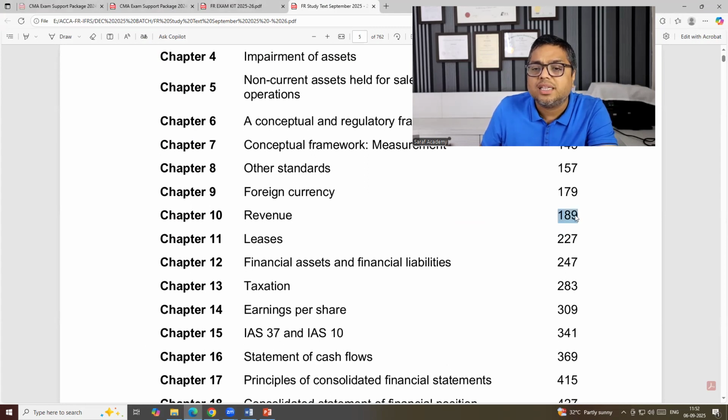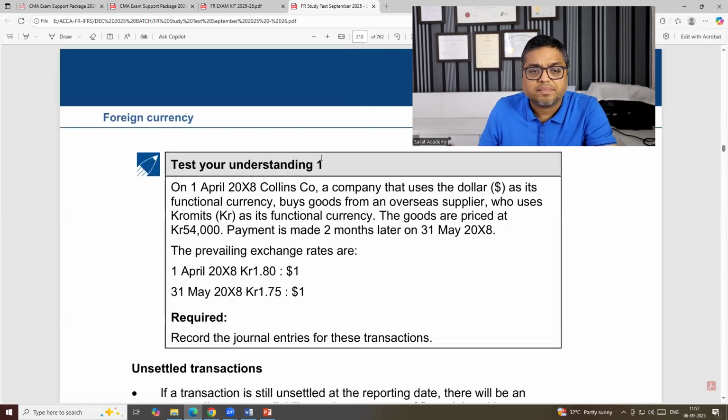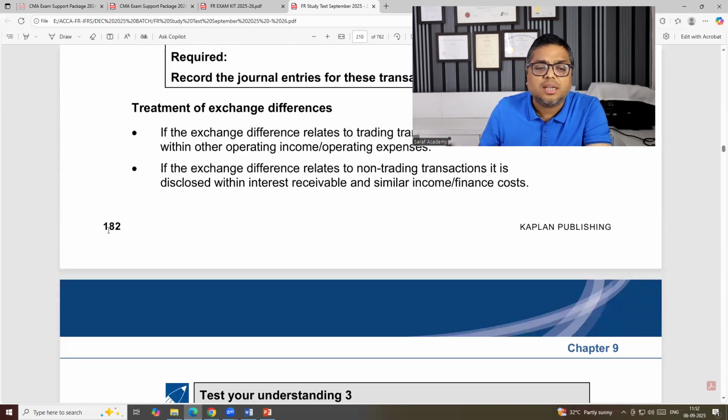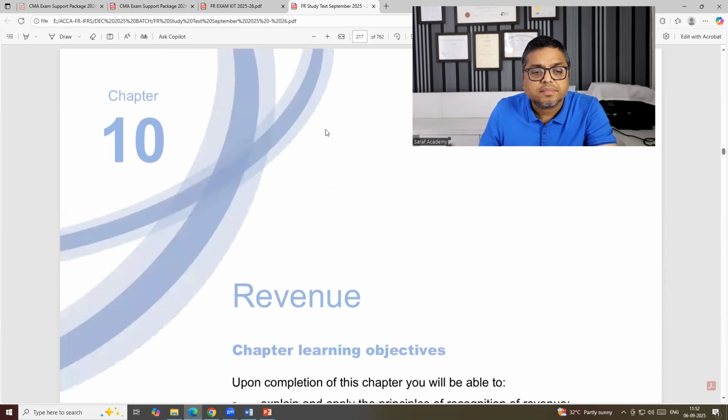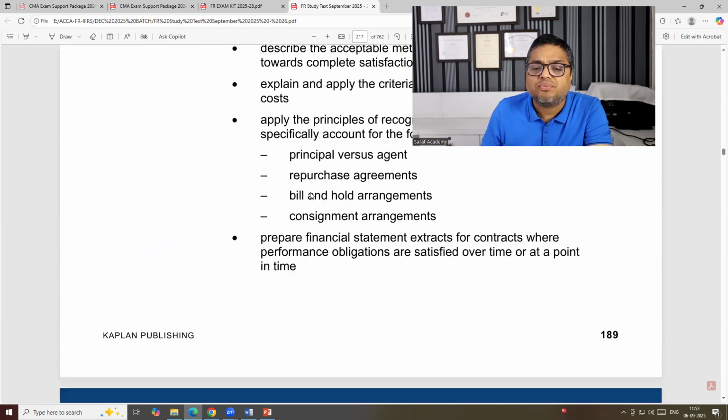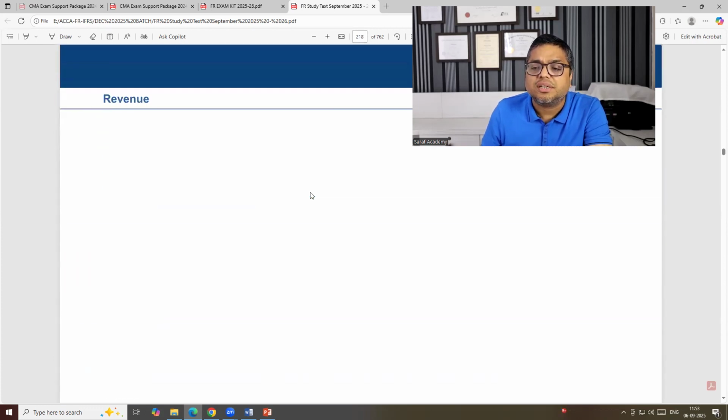It says the details are there on page 189. Page 189 means around 210. You can see this page number is different. They are talking about this one, 189, so around 270. The chapter on revenue, IFRS 15, revenue recognition.